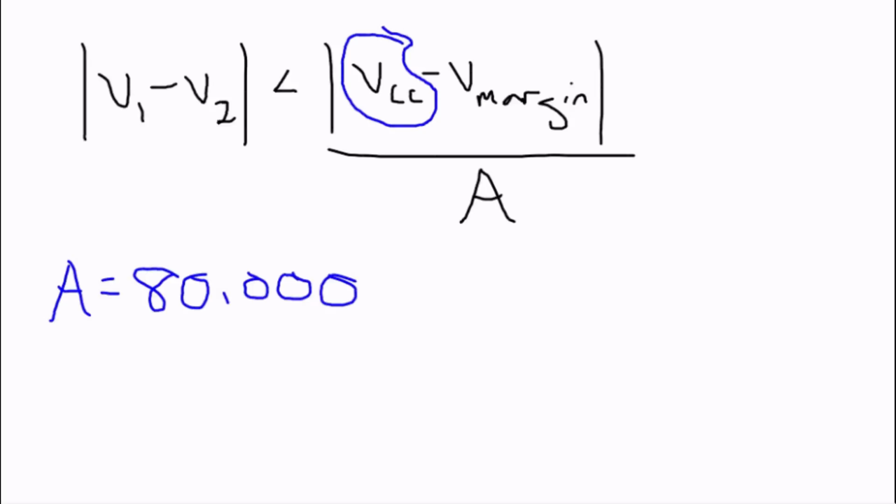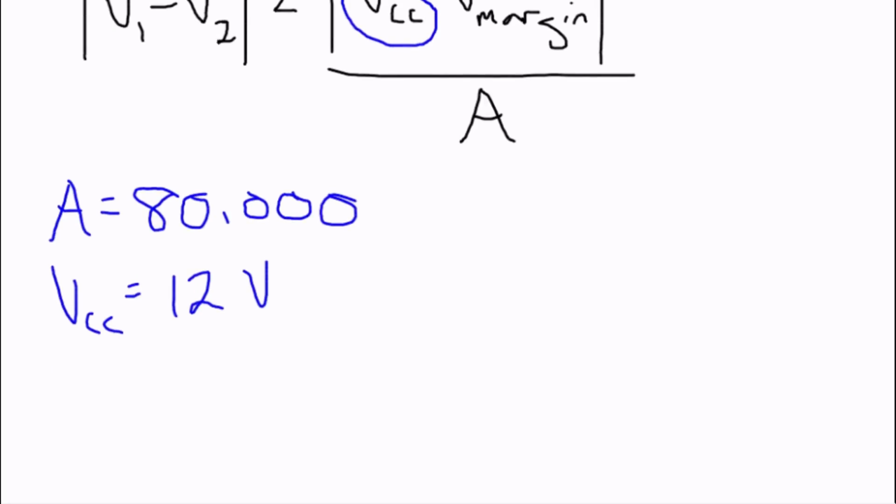We're going to assume that our rail voltages are 12 volts and 0 volts. So let's say our VCC, our supply voltage, is 12 volts, and it gives us a voltage margin or a buffer area of 3 volts. So VM, we'll call it,